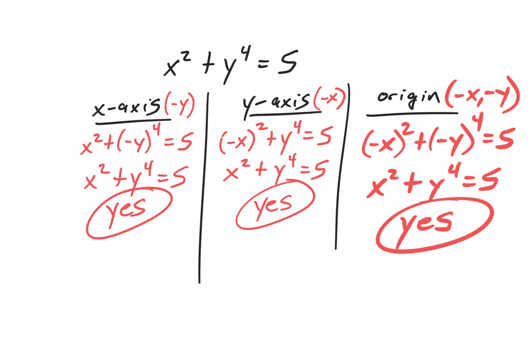Symmetrical to the y-axis, because when I say something is symmetrical to the y-axis, all I did was plug a negative x in, right? I plug negative x in place of x, and then I determine if it's the exact same thing. And if that was the case,